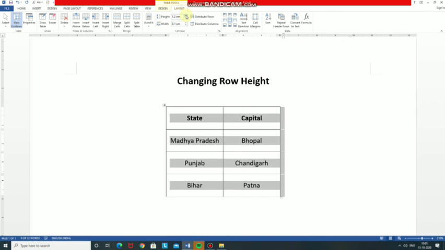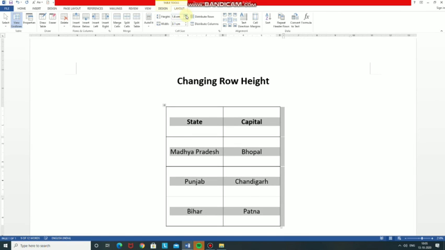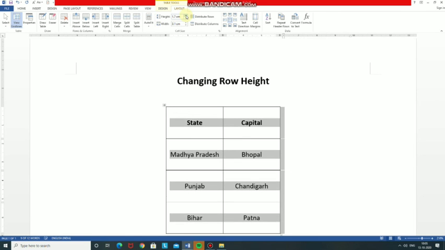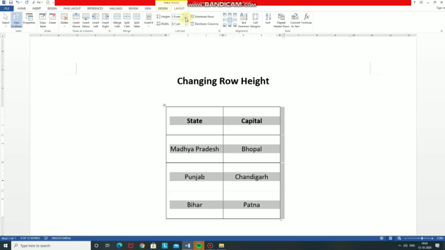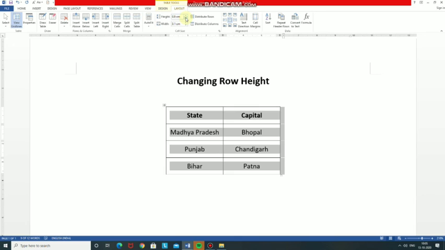See the changes. I am clicking this again and again, increasing row height. And if you want to decrease the row height, then click the down arrow in this height group. You can see the changes.